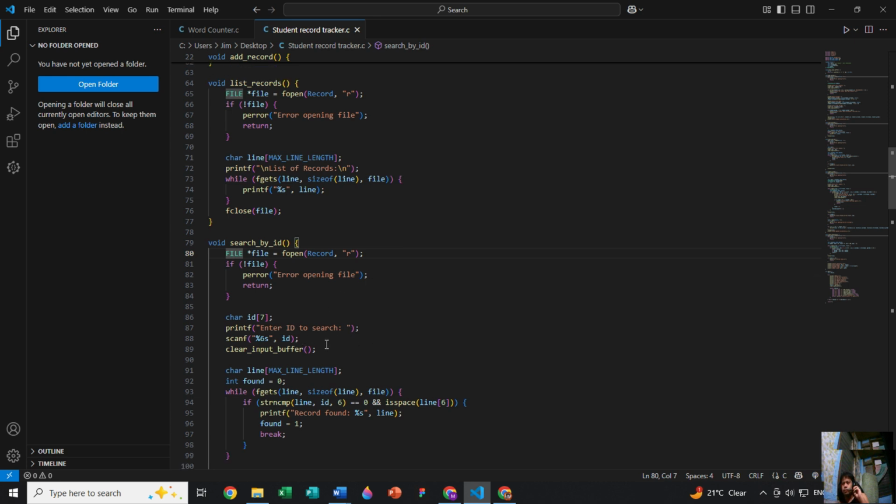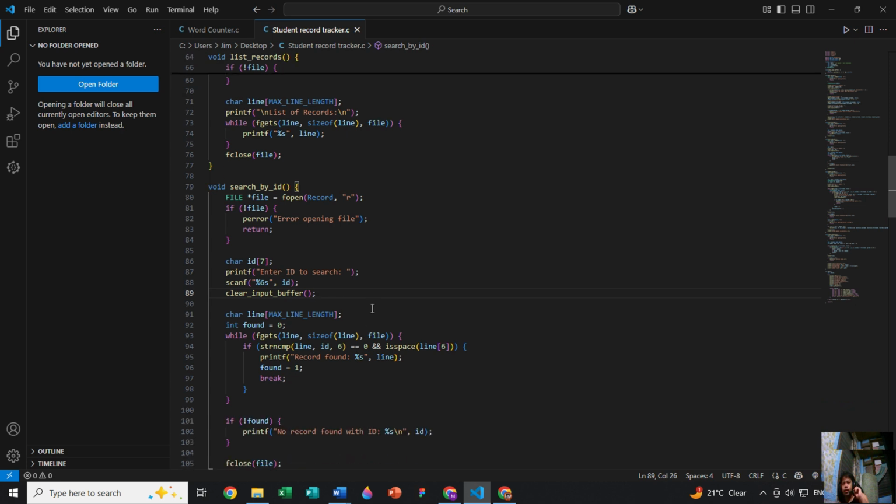However, if it does open the grade file, it will then prompt the user to search by ID, find the ID, and clear the input buffer, again to stop scanf from interfering with future functions.